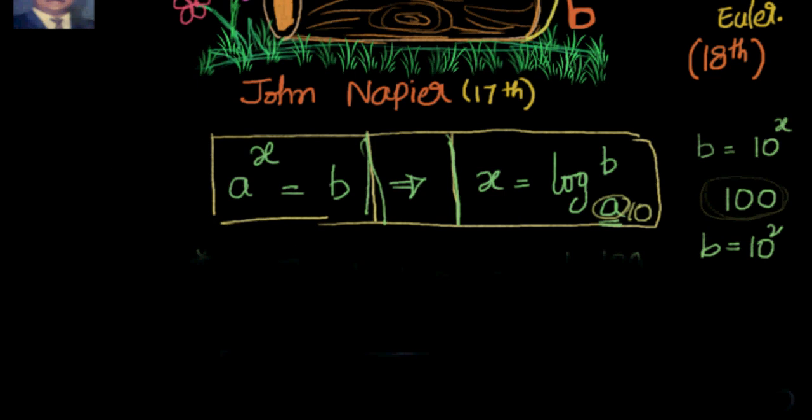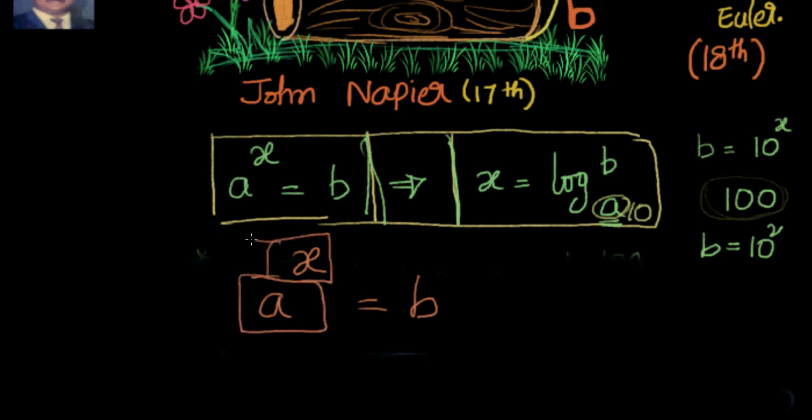See here, you are saying a to the power of x equal to b, this you have to remember. You saw I have drawn a log there. Why have I drawn a log there? Because I have devised a story for you so that you will remember it easily. See, a to the power of x is equal to b. This is a multi-story building where somebody is there in the first floor and another person is there in the second floor.